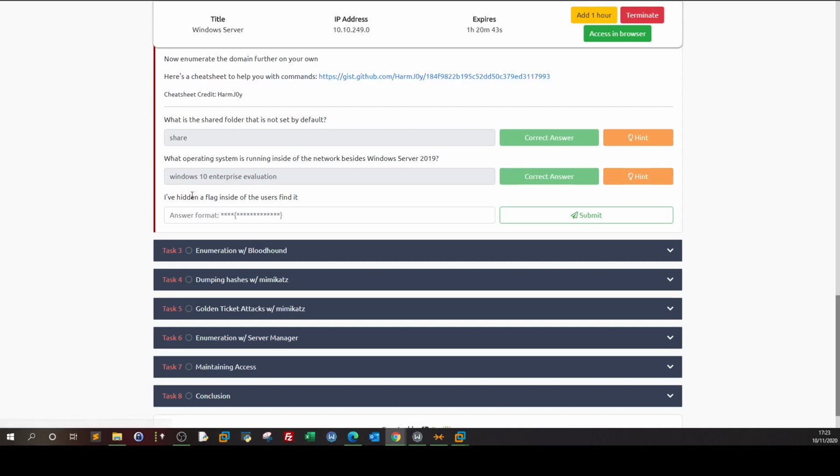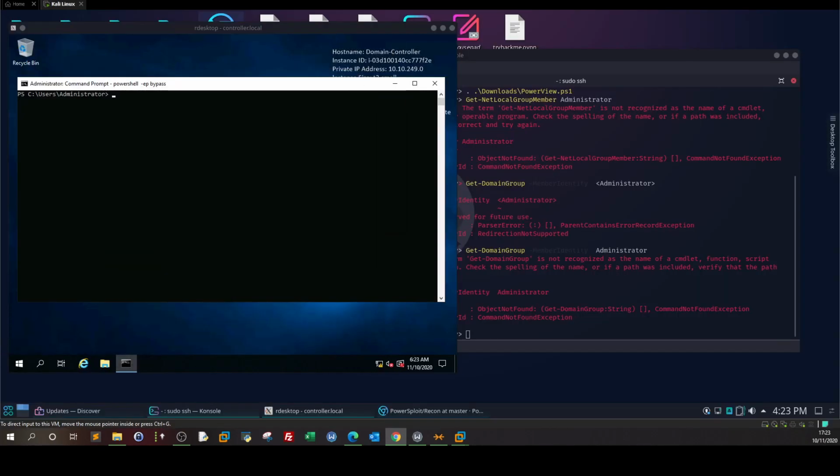So the next question is, I have hidden a flag inside of the users. Find it. So there is a flag inside of users, but actually the sentence is vague, right? It doesn't specify whether it's inside of a user's directory or inside of users by the meaning of enumerating the users. The correct explanation of this sentence is that by enumerating all of the users, you will find the flag. So basically here, what we have to do is to go back and enumerate the users and find which user we need to enumerate. So we type Get-NetUser,